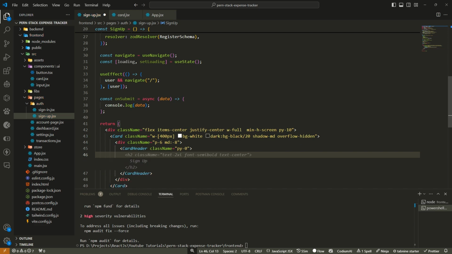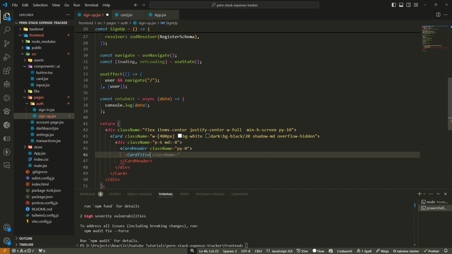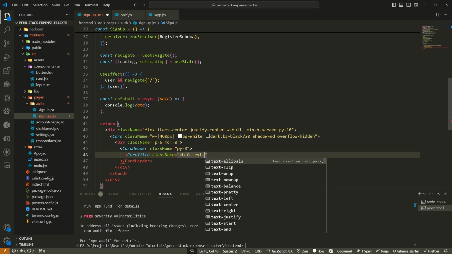Great. And inside this I'll have the card title, and I'll put styles that will also be MB of 8,